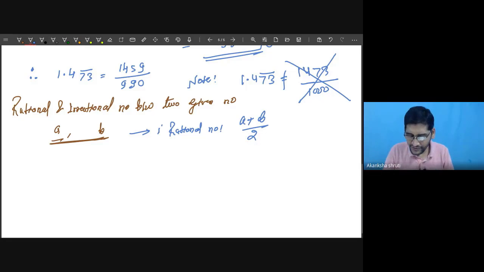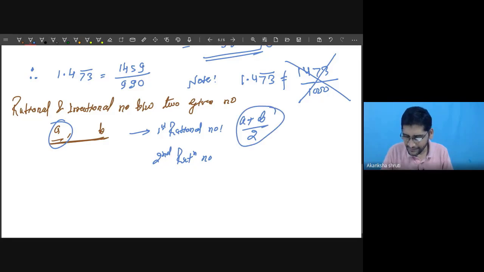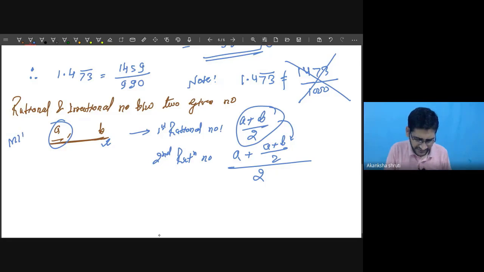Okay, so that is the first. The second, how can we determine the second rational number? By taking this A and this A plus B by 2. Whatever calculation you have done, you will substitute, then you will divide the whole by 2. So this is one way. Even the third can be taken with this B and this number. That is one way. But the best way is, this was method 1. The method 2 that we have learned,